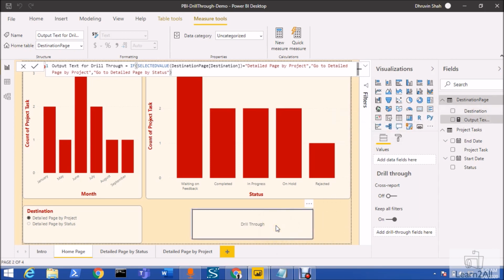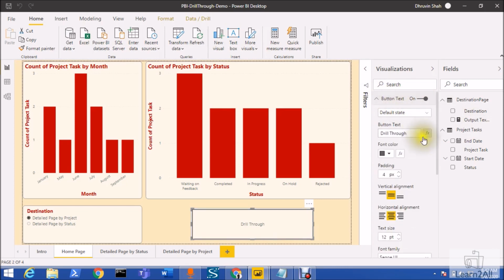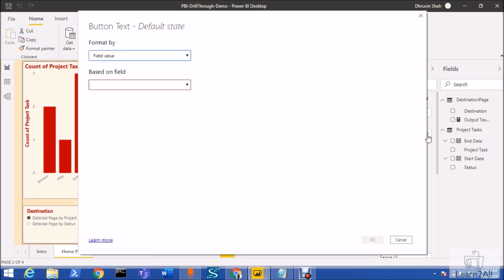Now you just need to select this button and apply the conditional text there. So turn on the button text. Now here you have an option FX. Just click on that. From there you can set the conditional button text.